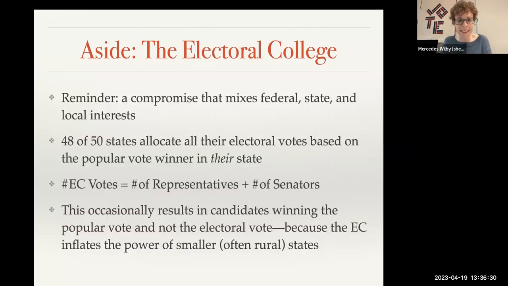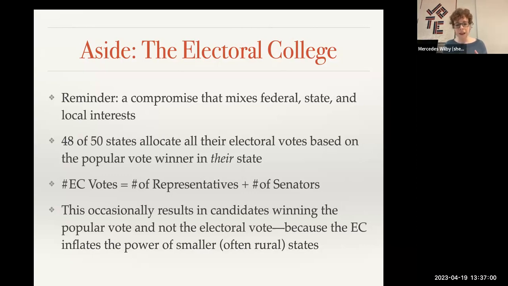And in this case, what has happened for 48 out of 50 states is the states have decided that they will have their electors vote for the popular vote winner in the state. So whoever wins the popular vote within New York State, not nationally, just within the state, will get New York State's 28 Electoral College votes. And that's how 48 out of 50 states do it. So, it's a pretty common method.